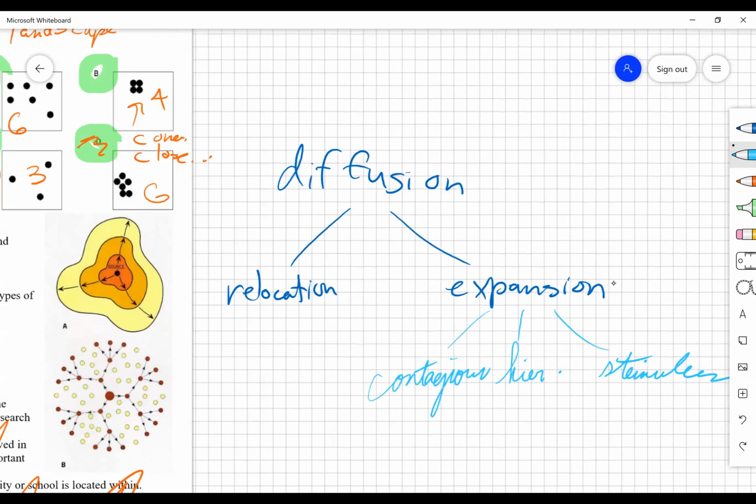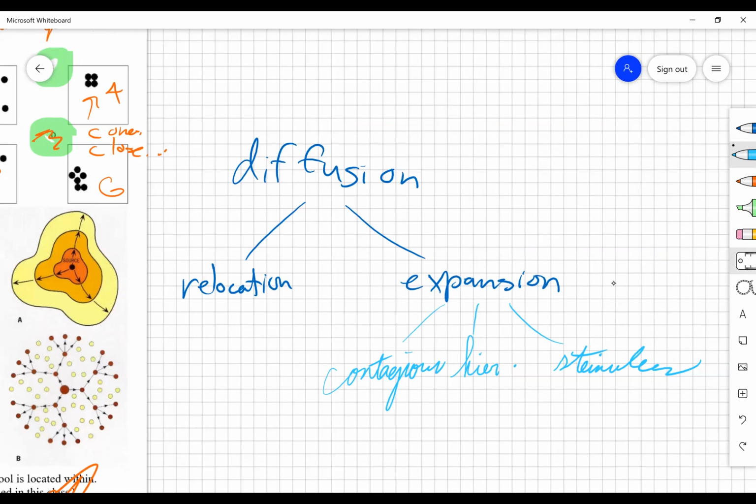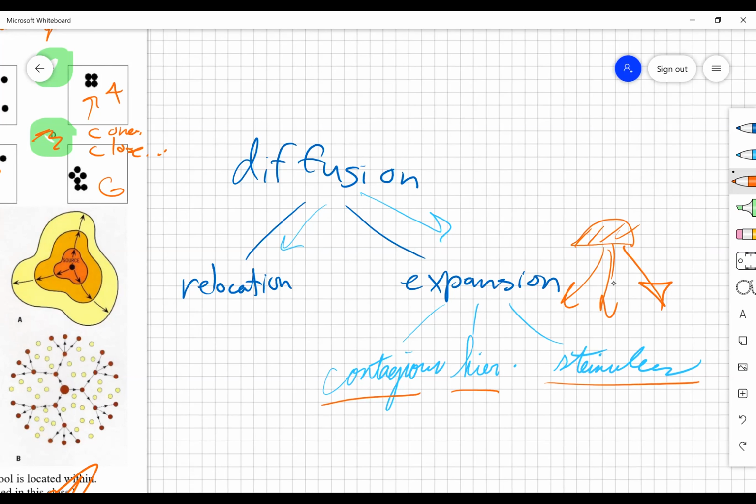It's diffusion. There are 2 main types of diffusion. So we have relocation, which is type 2, and expansion, which is type 1. Kind of did that backwards, but it's fine. And under expansion is kind of like this big umbrella that's going to have these other 3 types of diffusion under it. So we have contagious, hierarchical, and stimulus. And expansion diffusion can be modeled like this. So we have